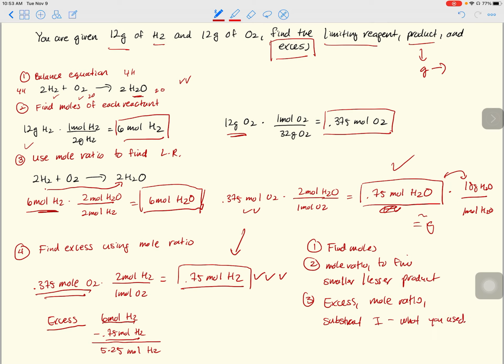So that is just a quick overview of limited reagent. If you have any problems,